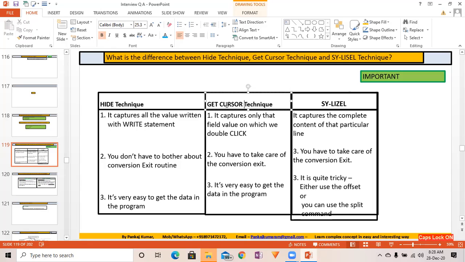So get cursor will get you the current field value. Okay, and here you have to take care of conversion exit when we capture the value. And it's very easy to get the data in the program using get cursor, right? Hide technique captures all the values written with the write statement. So just after the write statement, we use the hide. So write work area hyphen some field, work area hyphen some field, and after that, when we write this hide,